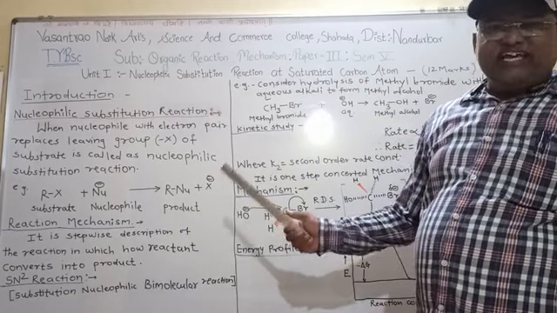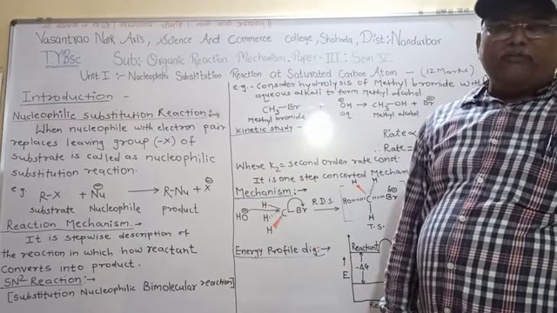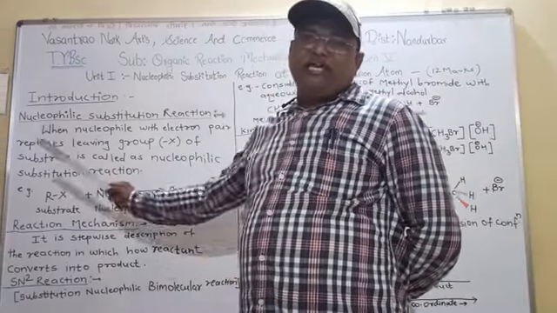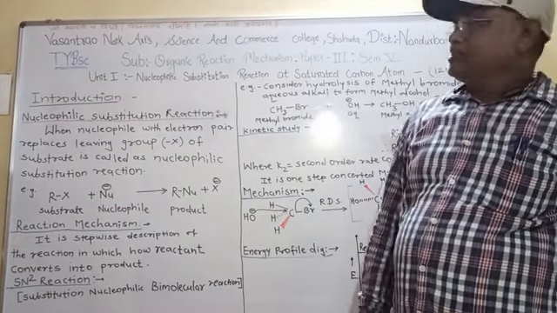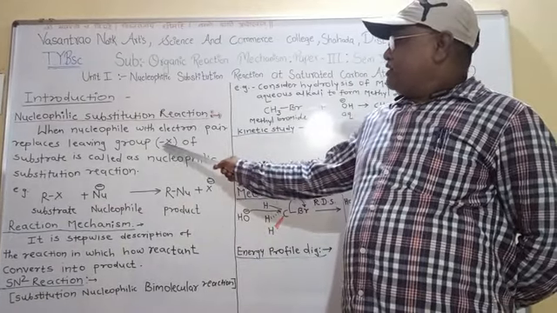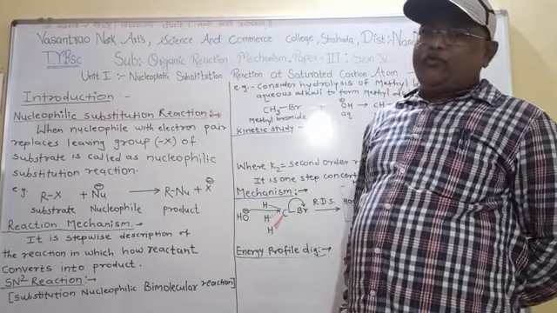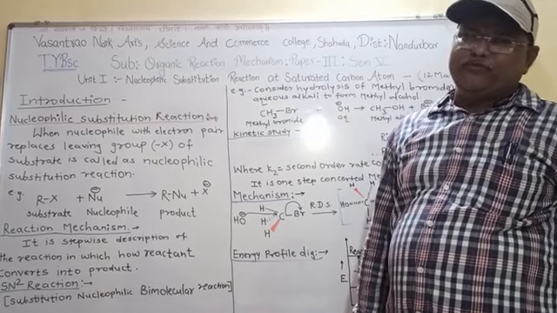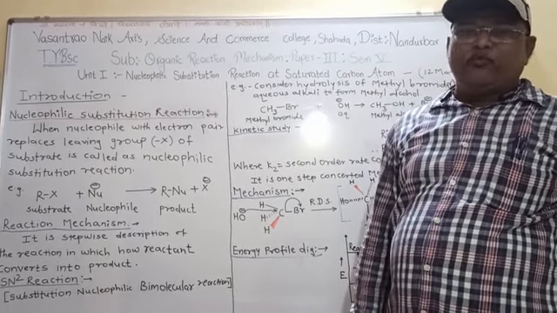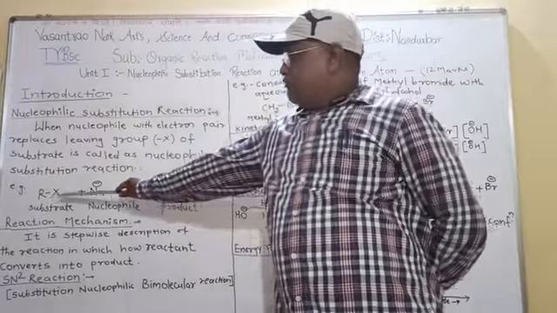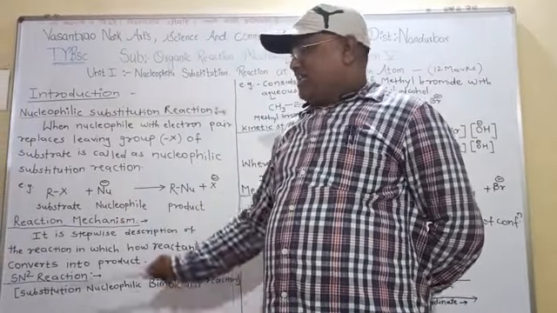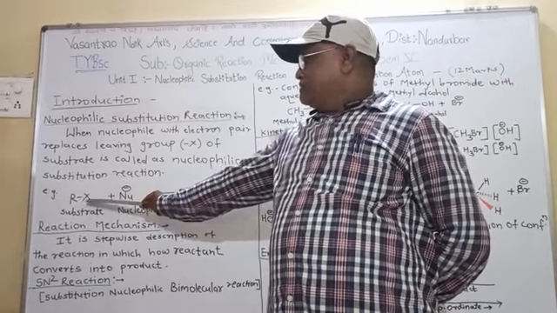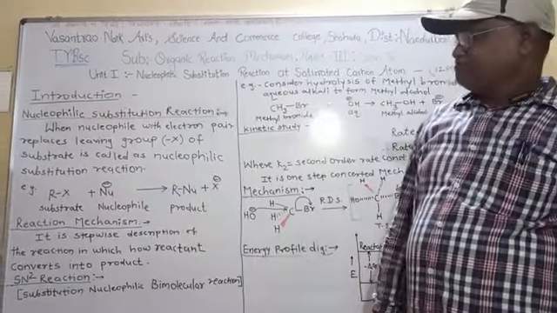Now in this case there is also one more important component, that is the leaving group. So what is meant by leaving group? Any group which is more electronegative and lose its position along with the bond is called as leaving group. Simply we can say that any group which leaves its position along with the bond is called as leaving group. In this case, halogen is more electronegative, so it has a tendency to leave its position along with the bond.